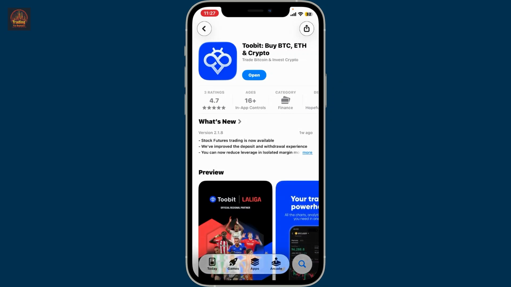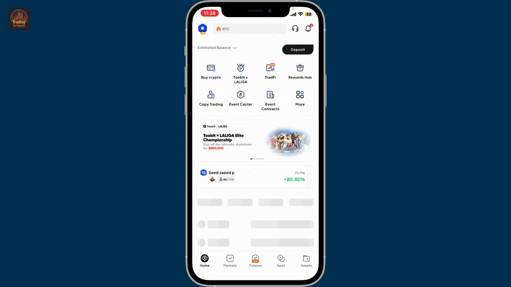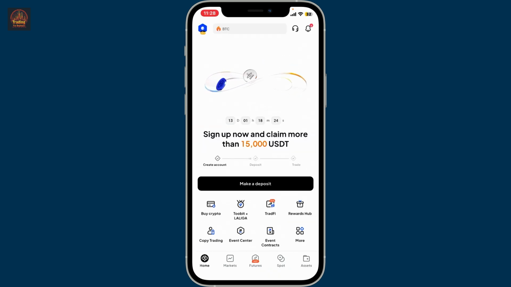Check if there is an update button available. If you see the update button, tap on it. If it says open, that means your app is already up to date. After you tap on update, wait a moment while the application installs its update, and once it's done, tap on open to launch the new version. Log in normally with your account's credentials, and that way you will be able to safely update your Toobit mobile